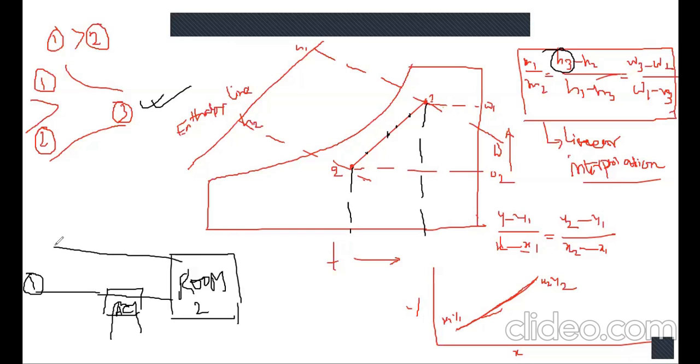When outside air first comes in contact with the AC, it is conditioned and goes to the room. After that, the conditioned air leaves the room and goes to the outside. If we want to